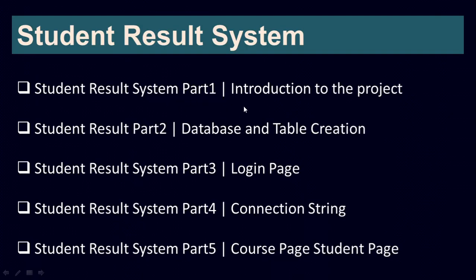We already covered the introduction in part 1, how to create the database and the tables in part 2, and how to create the login page in part 3. In part 4 we covered the connection string, how to validate the login page, and how to go to the main page. In part 5 we discussed how to create the course page, subject page, student page, etc. In today's video we learn how to create the marks entry page and how to display course data, student data